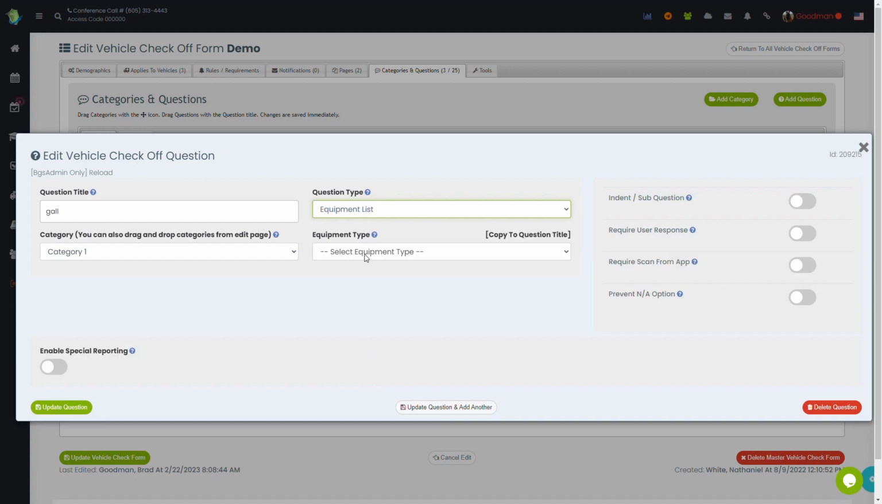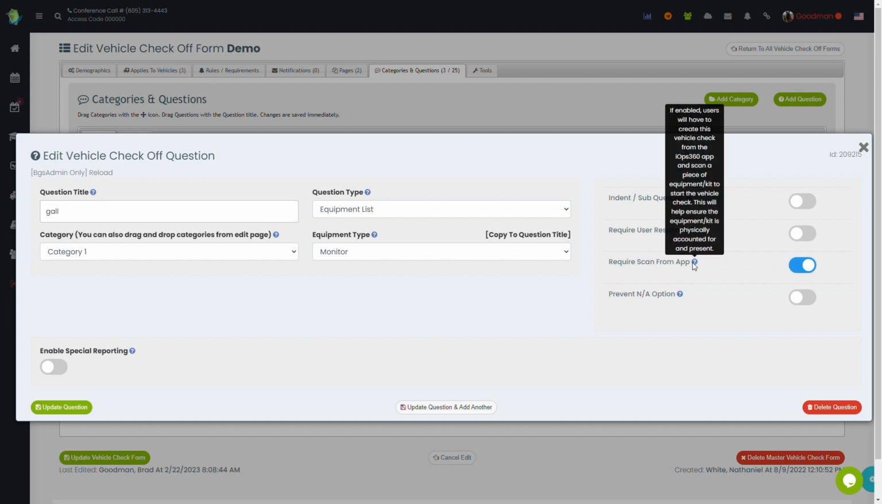Equipment list is one of our special ones that allows you to pick a specific type of equipment from the equipment section, such as which SCBA is on there, which portable radio, monitor, etc. This also has the option to require them to scan it from the app. If this is enabled, then they will have to scan a barcode or some identifier on the equipment in order to fulfill that question. That helps make sure that that piece of equipment is actually present in front of them